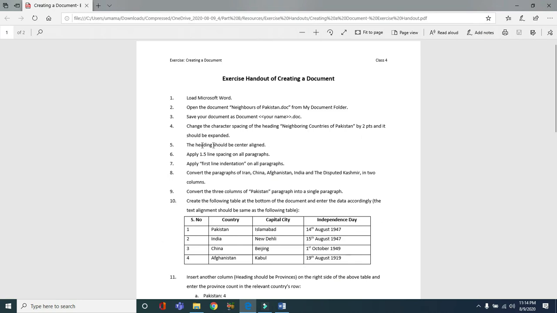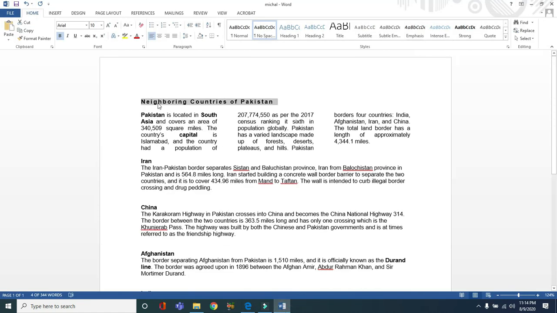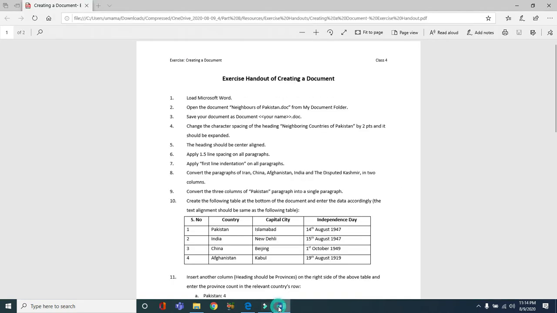Now the fifth step is the heading should be center aligned, and what we have to do is we just click on the alignment tab. It should be in the center. The next step is apply 1.5 line space to all paragraphs.